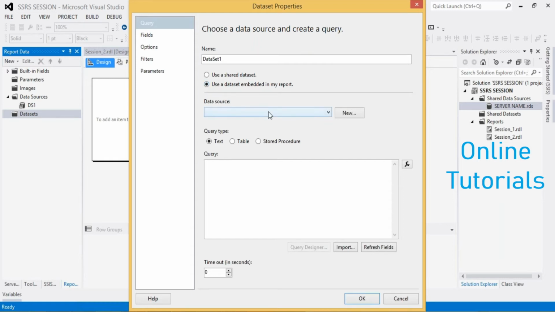Just drop down. See, automatically it came. DS1, which you created. This is the data source, and also no need to type anything here, Abdul. You have a table option called Query Designer. If you click this,